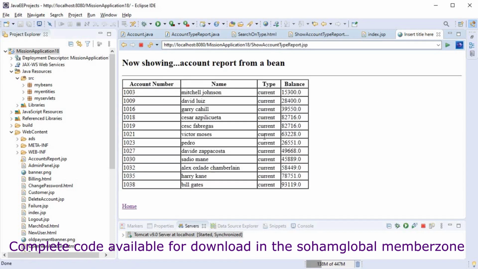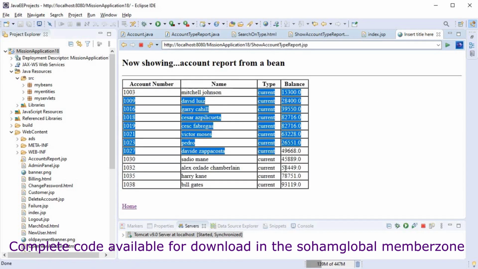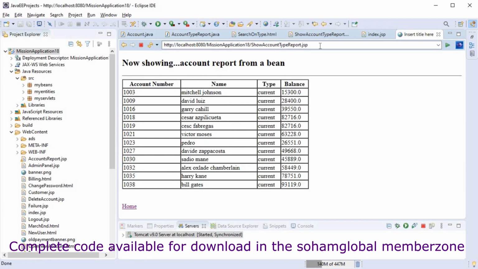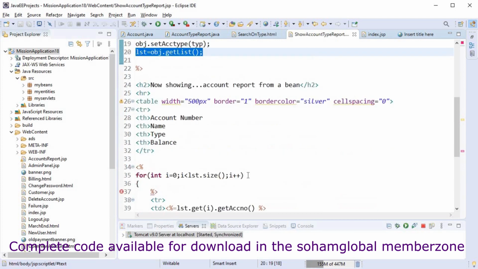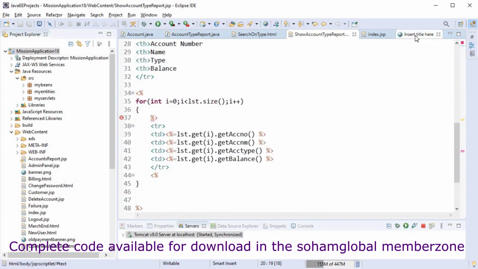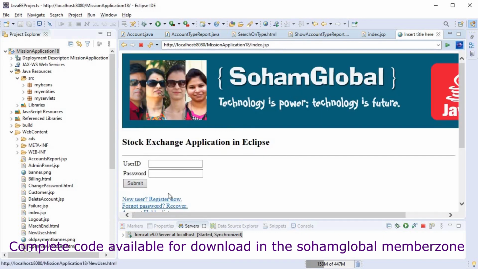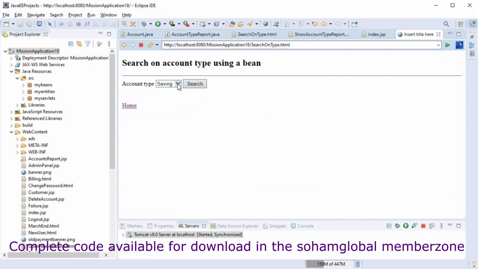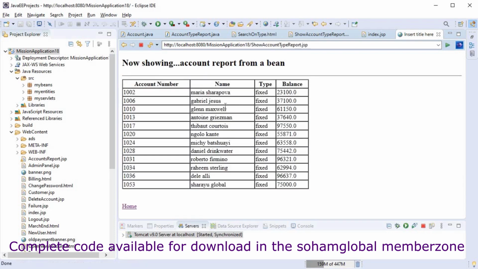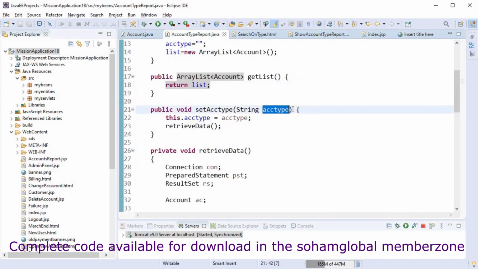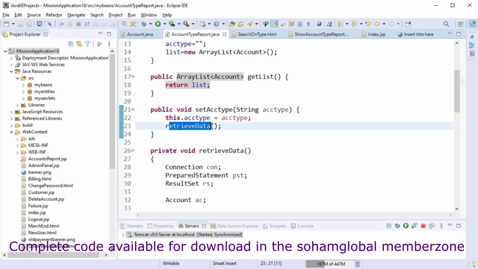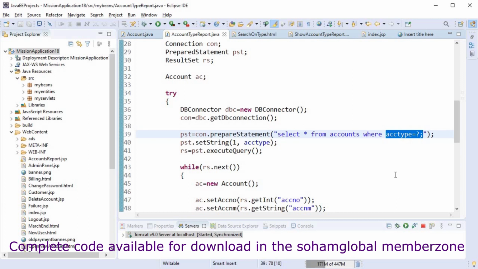Now we are on a JSP page which has invoked a bean, and the bean has returned all the data of the current account type, and we have printed it in the form of a report. So all the data the bean has returned to the JSP in the form of an array list of objects, and each object is represented as a record on the JSP page. So see, these many records means these many objects, and each object contains 4 values. This is how reporting can be done in Java, even at an MVC level also. So this is an important example for your future in Java.